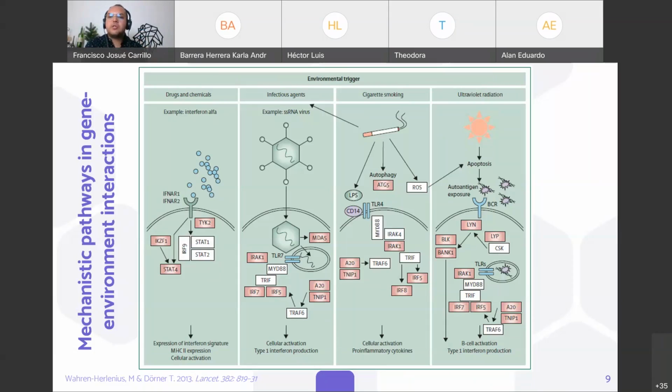This may also contribute to the activation of B cells and the production of autoantibodies, which is also a classic mark in these autoimmune diseases. And this is, for example, a key factor for the diagnosis,